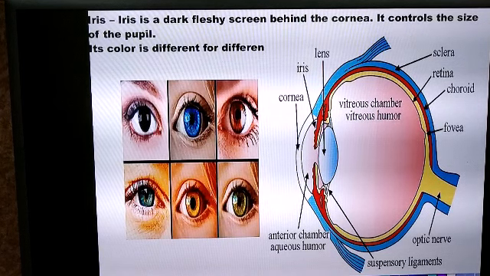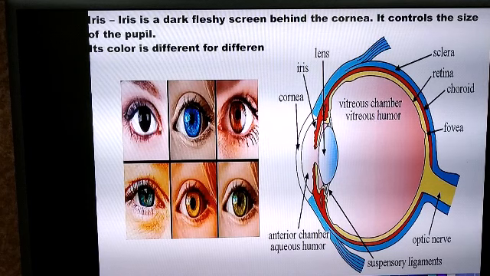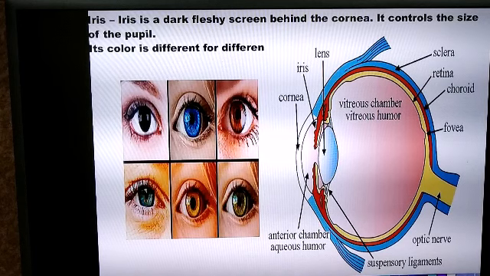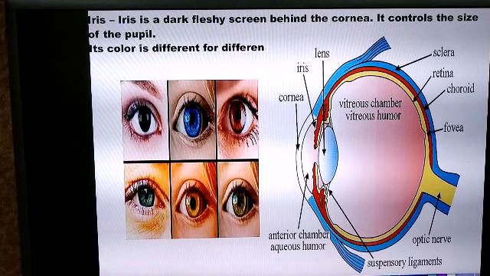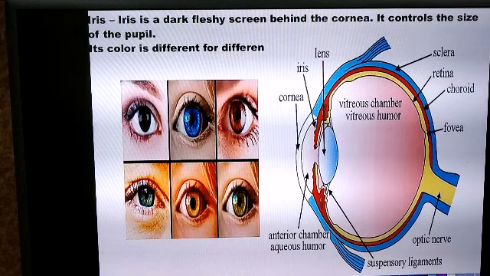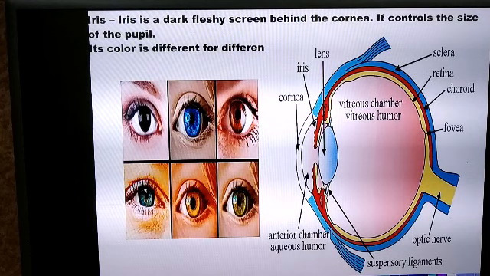So the color of the iris is different for different people. This color difference is determined by a pigment called melanin, which is present in the iris, and it is this pigment which gives a distinct color to the iris.